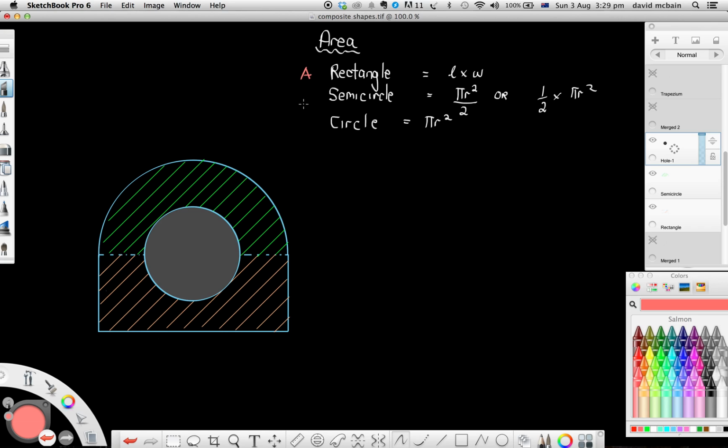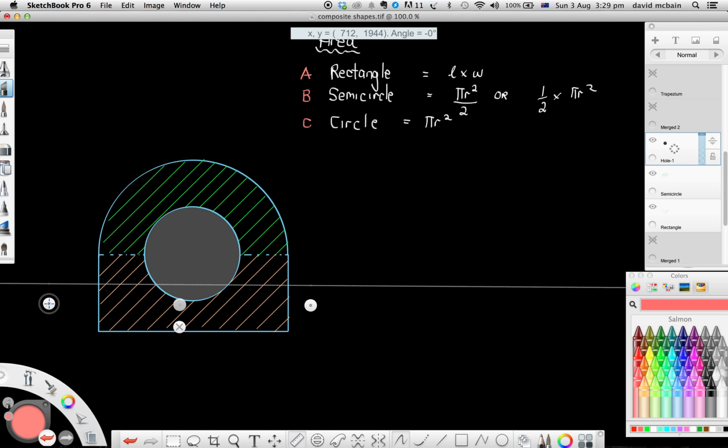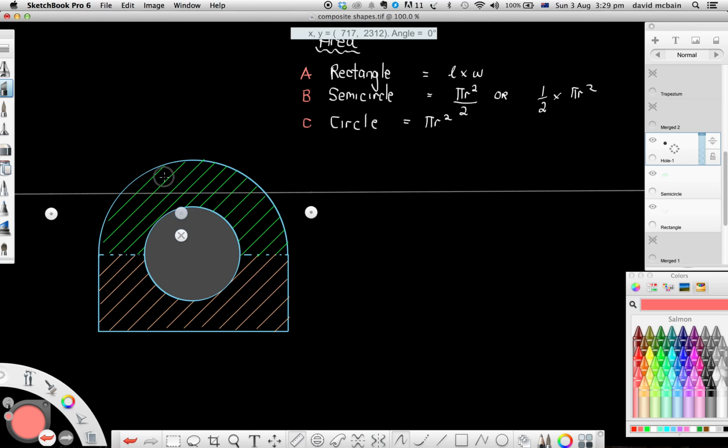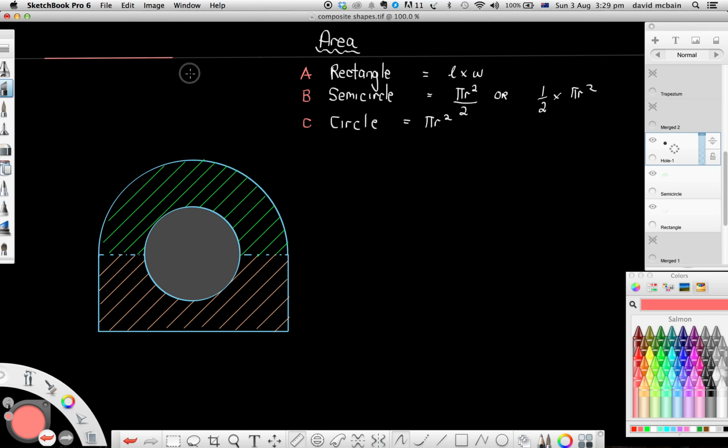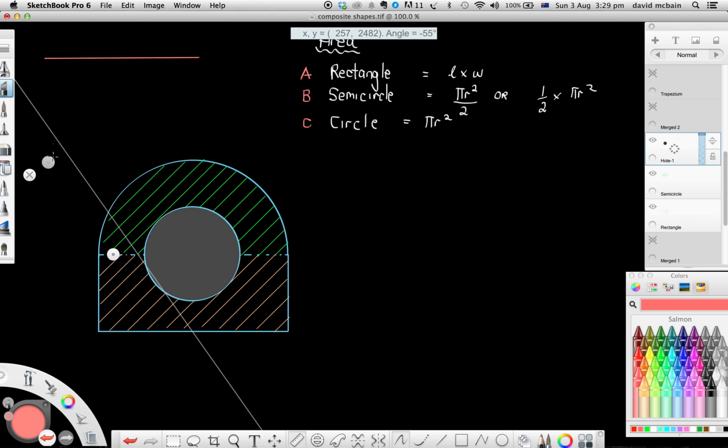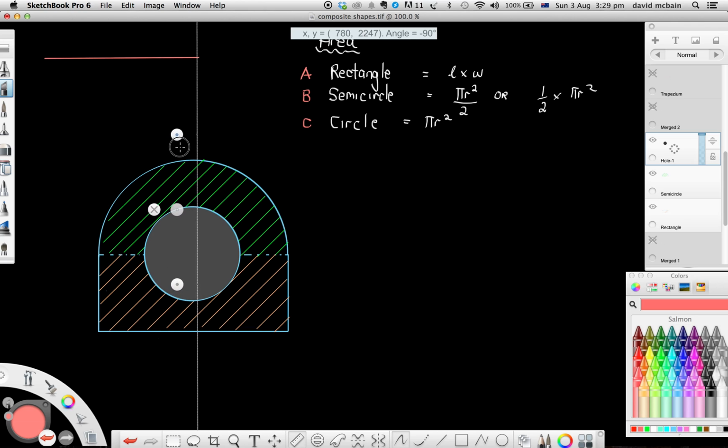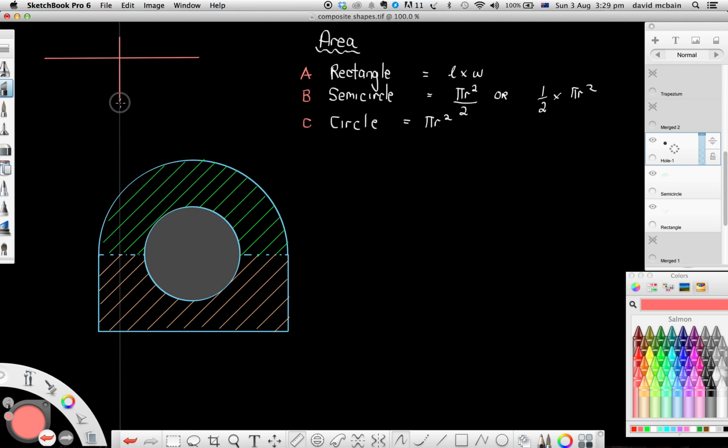That's shape A, shape B, and shape C. And if we draw a little table, and I hope you will use your rulers to do the same, where we want to work out which ones we add together and which ones we subtract,